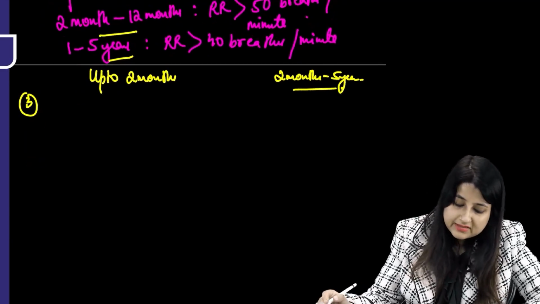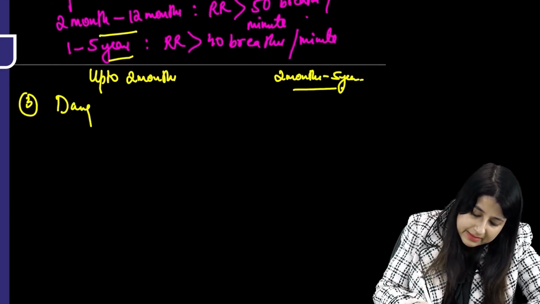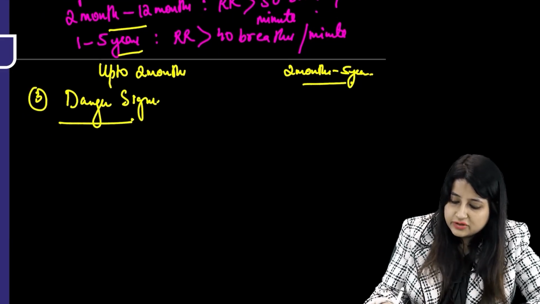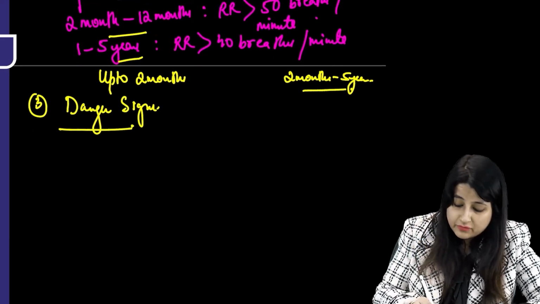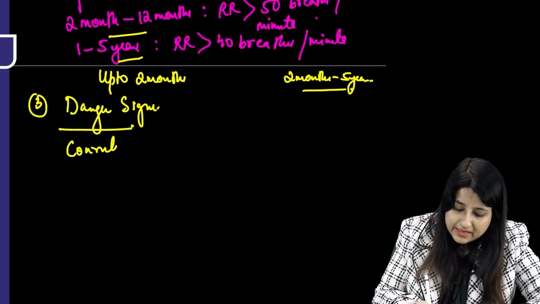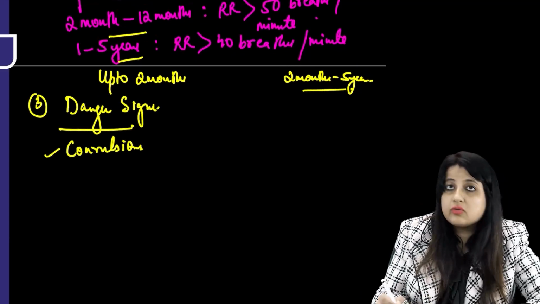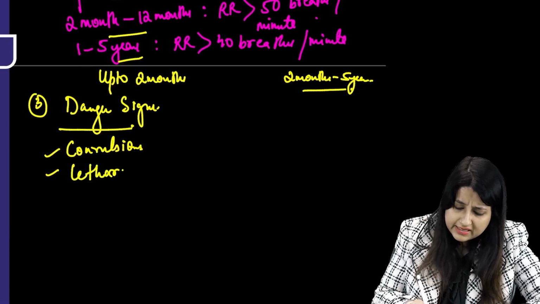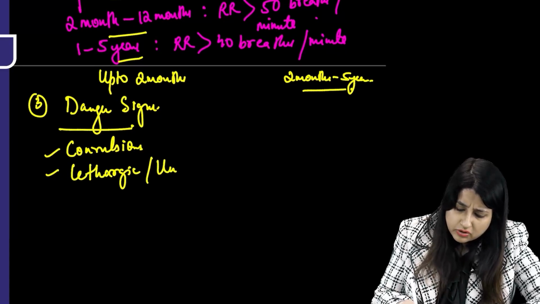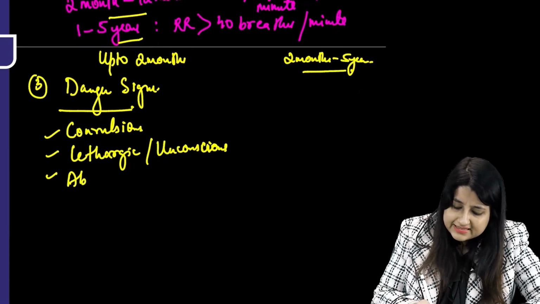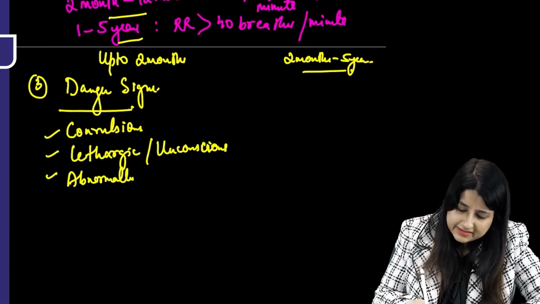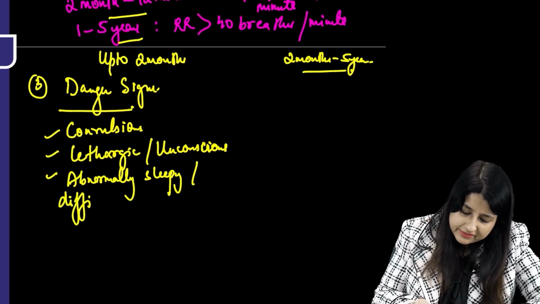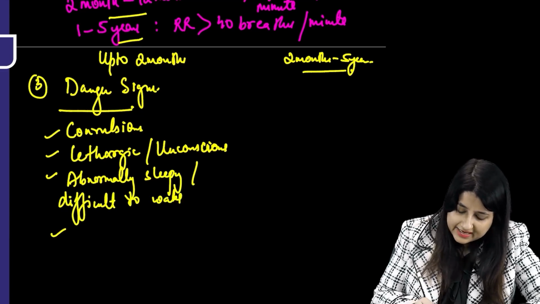Now, the next situation: if the baby presents with danger signs, which were written before also, like the baby is having convulsions, or is extremely lethargic or unconscious, abnormally sleepy, or difficult to wake. Then stridor in a